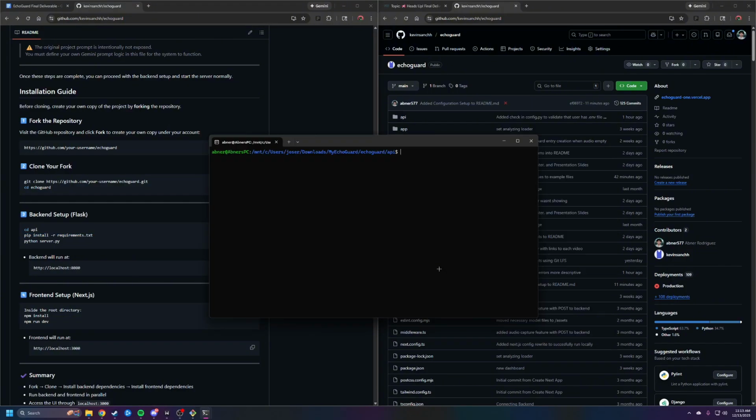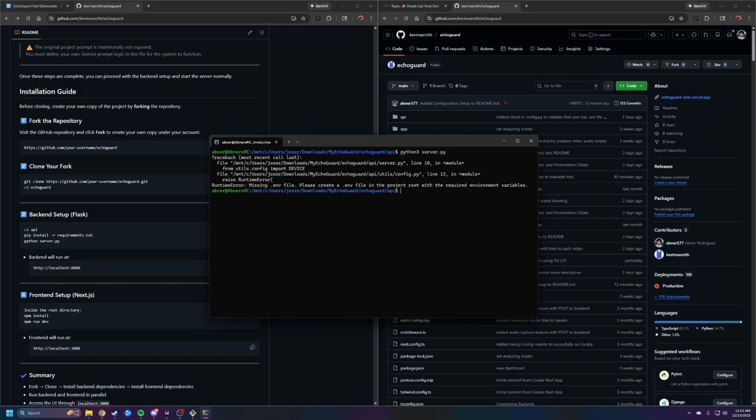So the next thing that we are going to do is attempt to start our Python server with the command found, and that is python3 server.py, or whatever Python version you have here. So we tried it and we get this error, runtime error, missing .env file. Please create a .env file in the project root with the required environment variables. And this is where